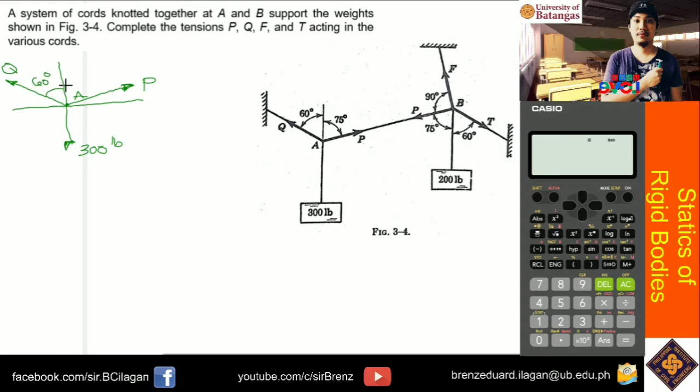And dito sa isa, at 75. Okay, so unahin muna natin to. So considering this free body diagram 1, considering FBD1,